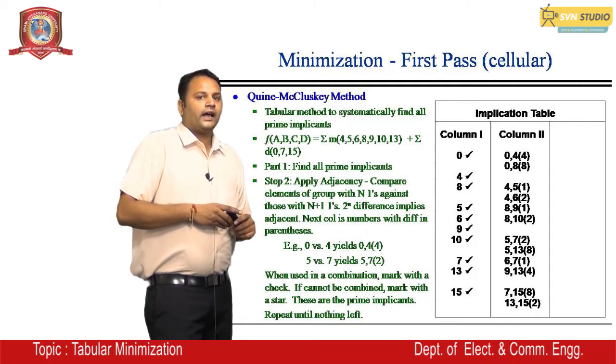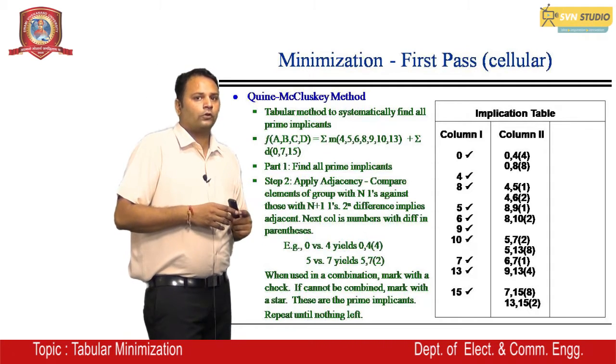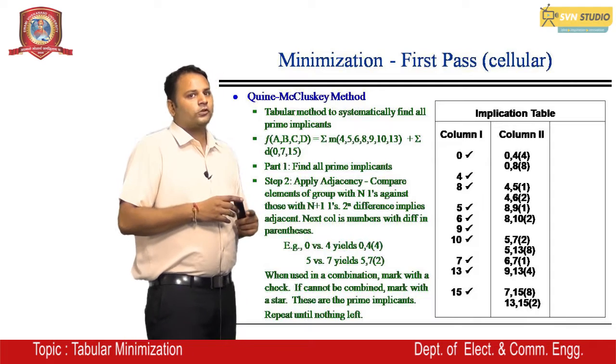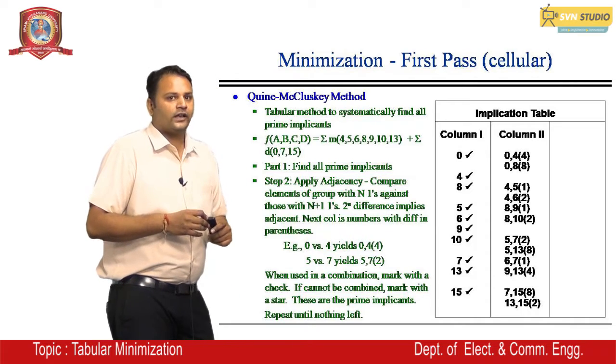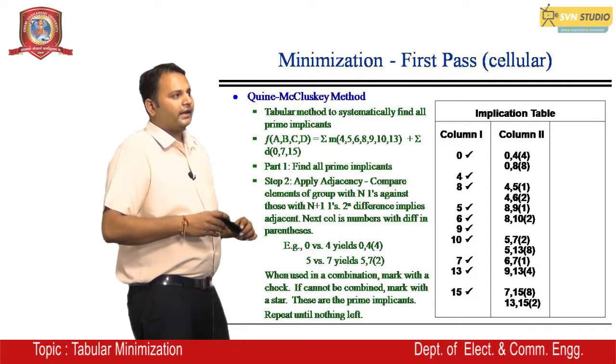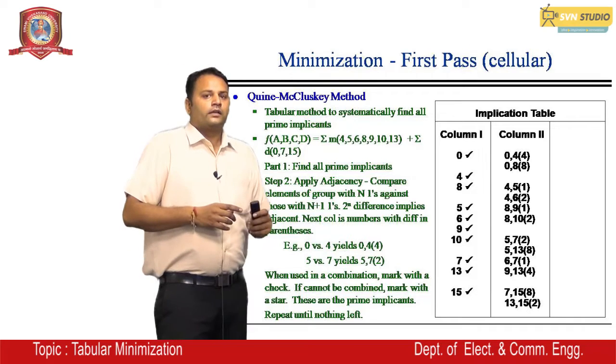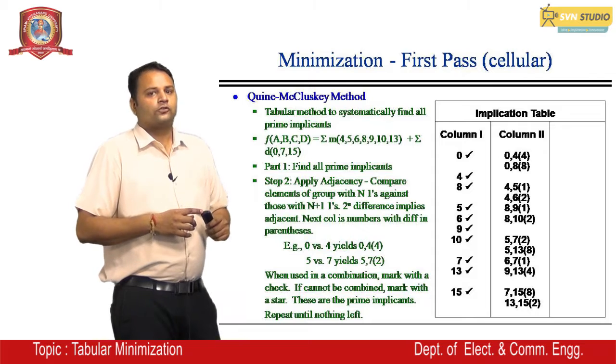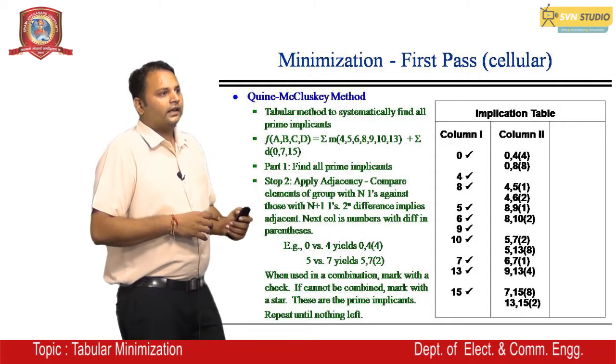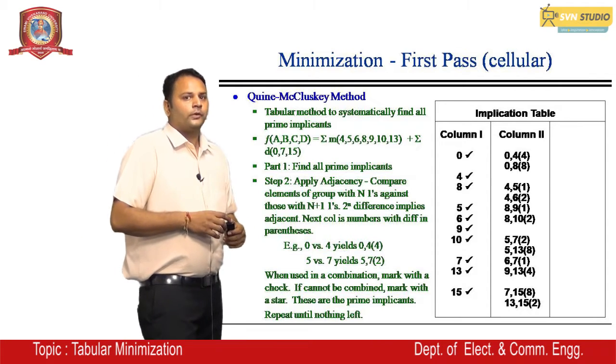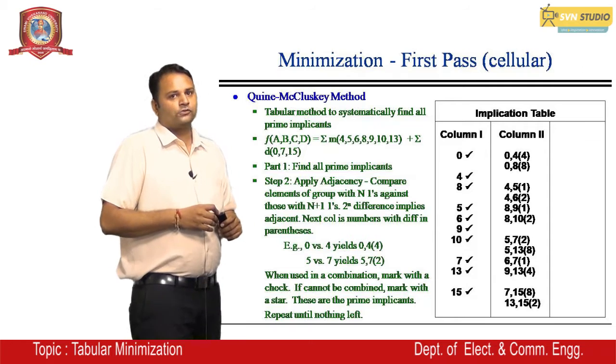Now we will take 9. Can 9 make a group with 7? It is not possible. So we take the next value, 9 to 13, it can make a group between them. Next 10 to 7, it cannot make a group. So we will take 10 to 13, that is also not a possible group. So we will leave them as usual.